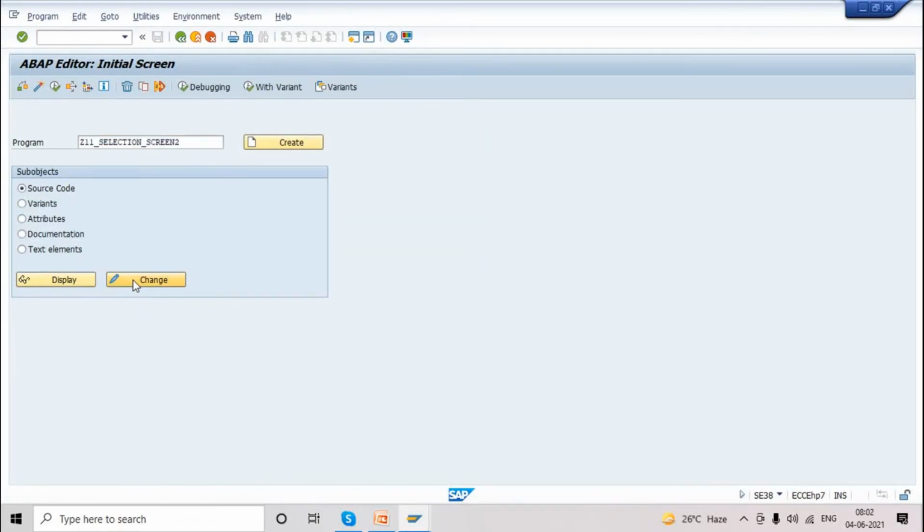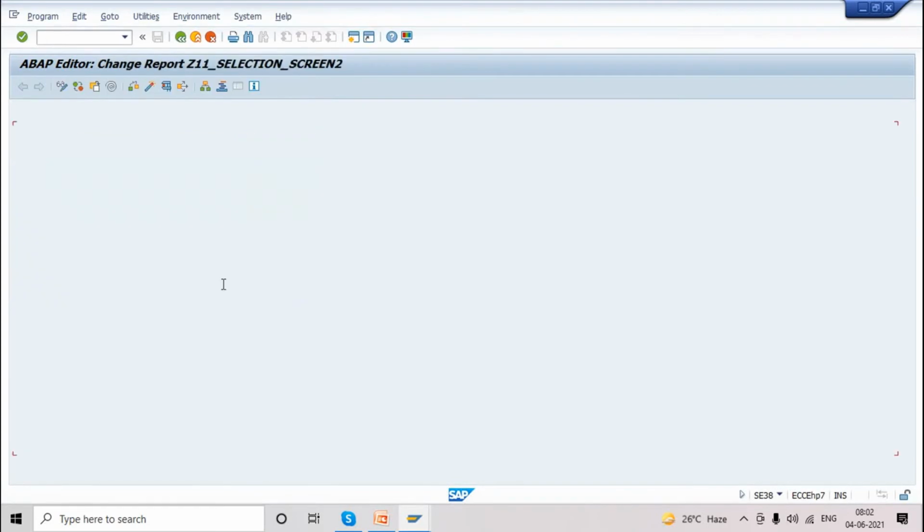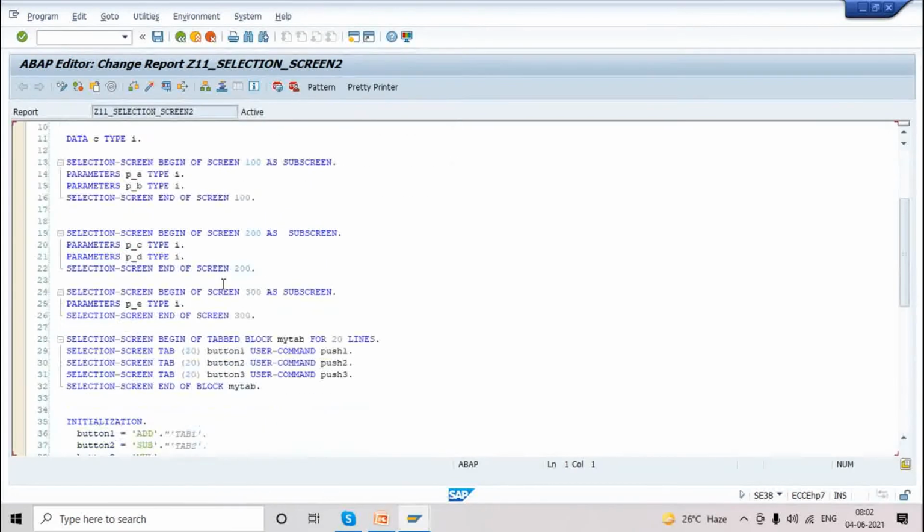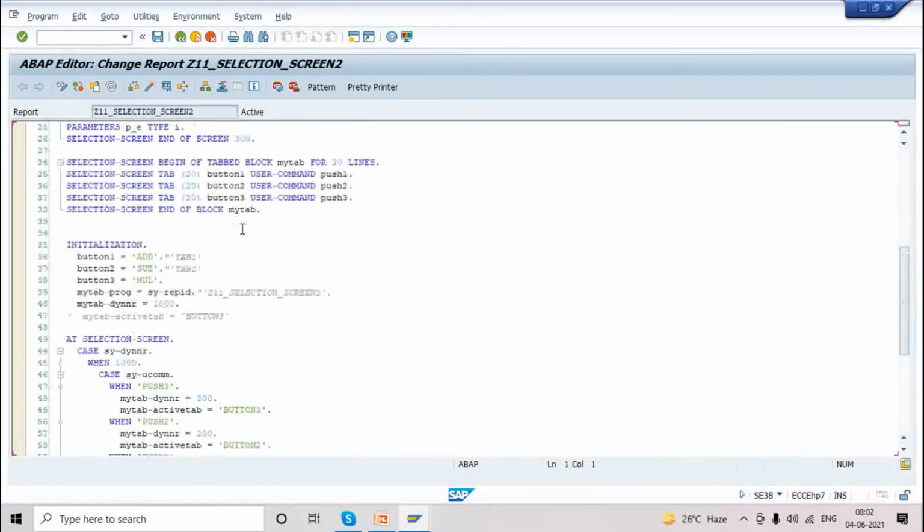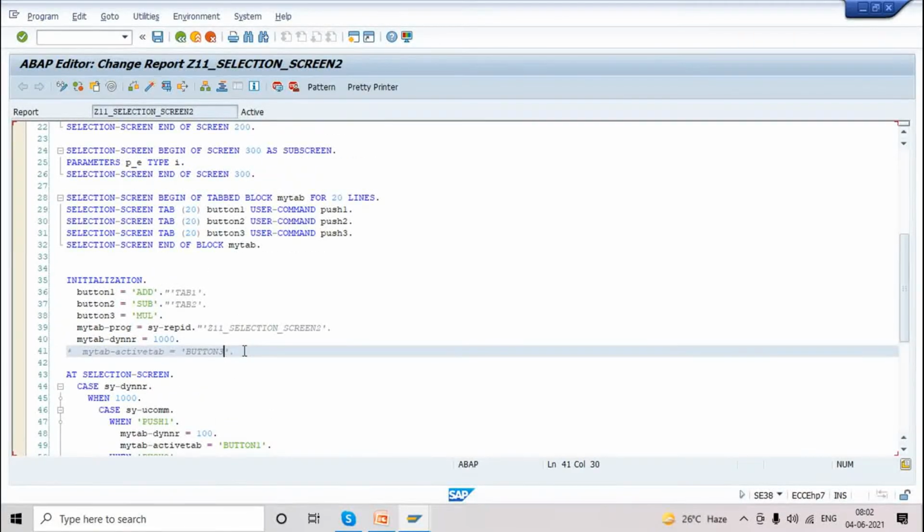Default thing is not loaded. I'll check and let you know next session. We'll check while practicing. Right or wrong, I'll let you know whether this default is working or not.